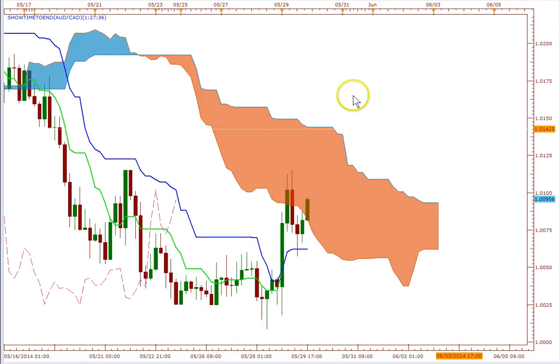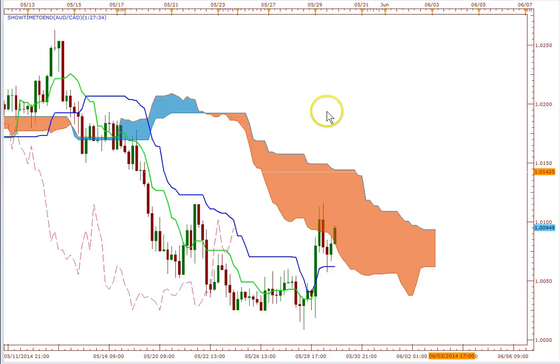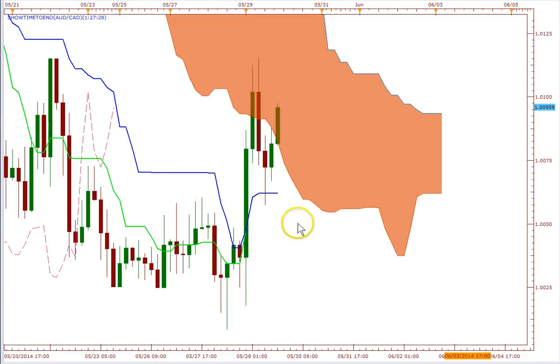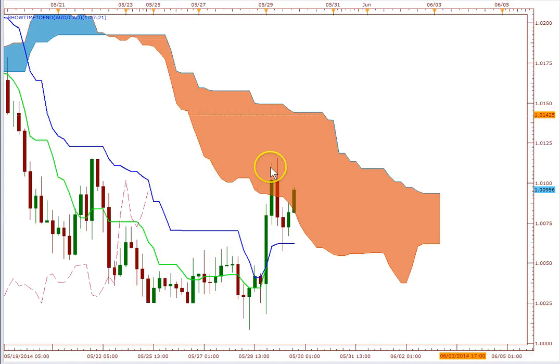Okay, Aussie CAD. This is another one here. This was a bearish breakout. You had that bearish breakout right here. Plus, you had a slight engulfing candle, and you had this bearish breakout, but this trade didn't work out because